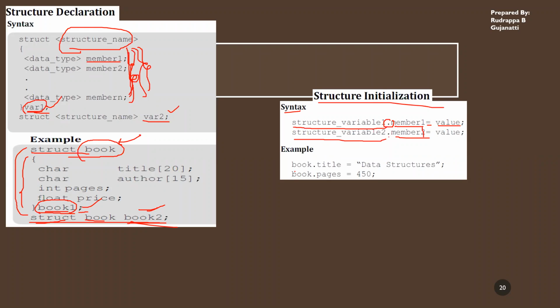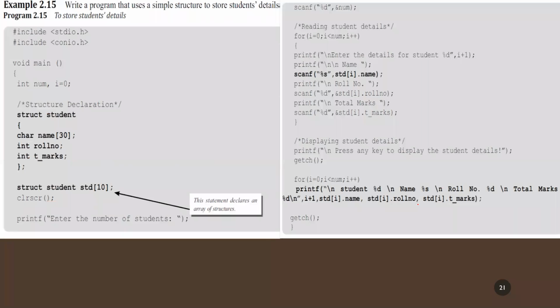Here you can just look. What they have done is they have specified book.title, which is assigned with the characters, and book.pages, which is assigned with an integer value. So this is how you initialize the structure. So this is all for